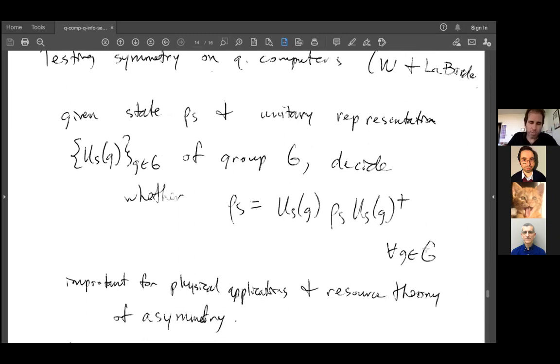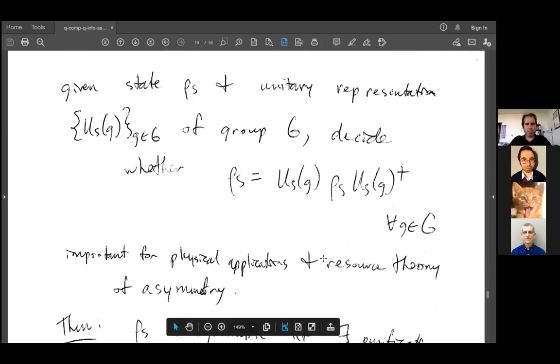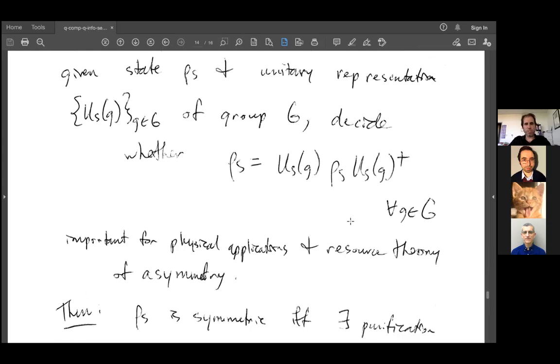And so this is something of interest in general, and if you study resource theories and quantum information theory, this is directly related to what's called resource theory of asymmetry. The idea there is that states that don't satisfy the symmetry are resourceful for some task, maybe in timekeeping, states that are